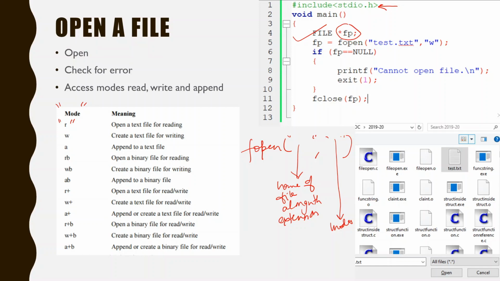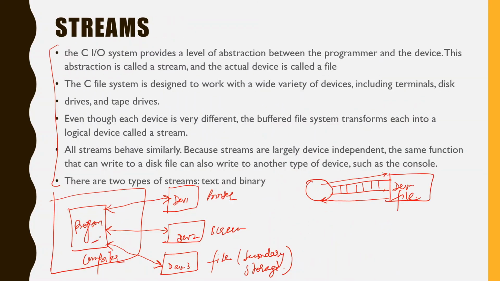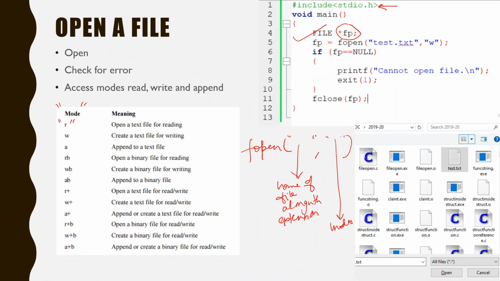What are the different modes of the file? Why is this file required to be opened? We saw that the program needs access to the file, so for this it needs to create a stream. This stream would be created with the help of fopen. Anytime we open a file with the help of file pointer, a new stream with the file is created, and that particular stream will be used to access the file in the given mode.